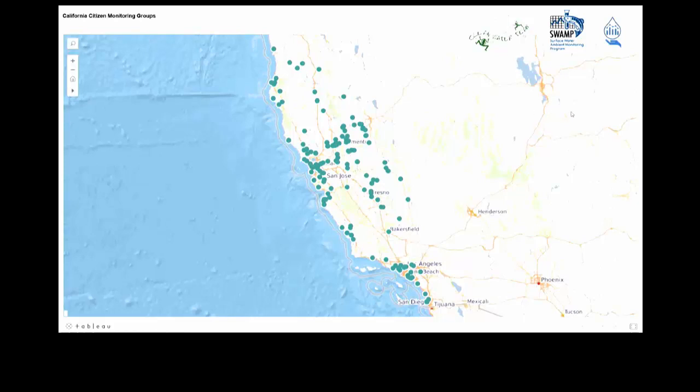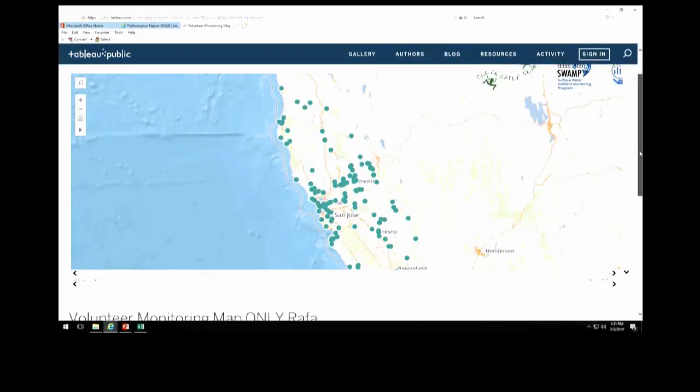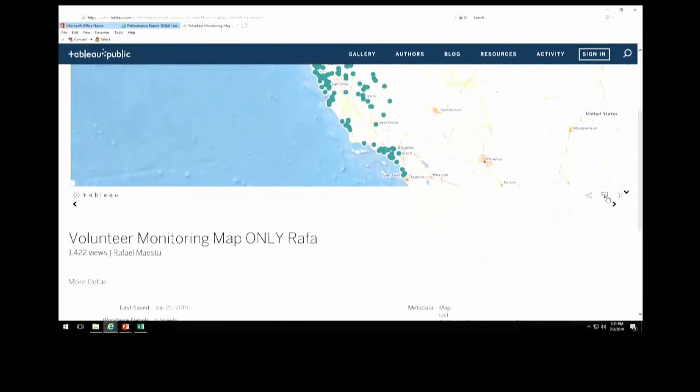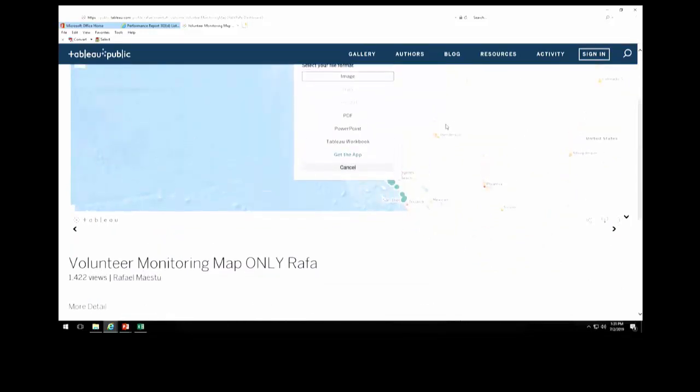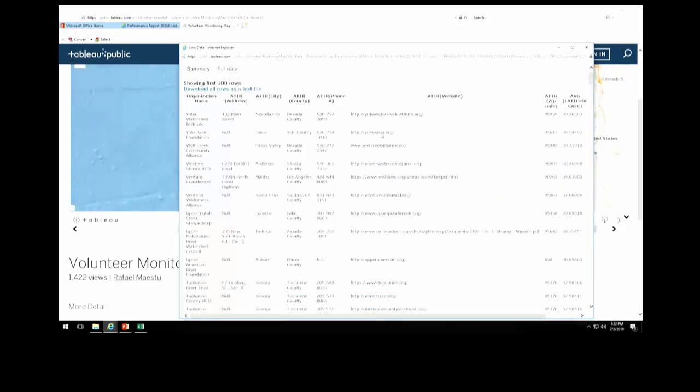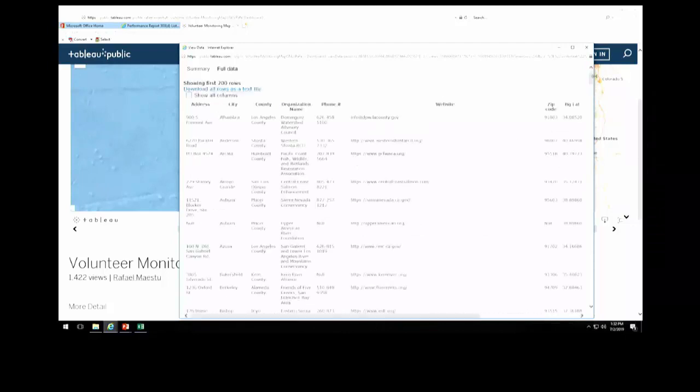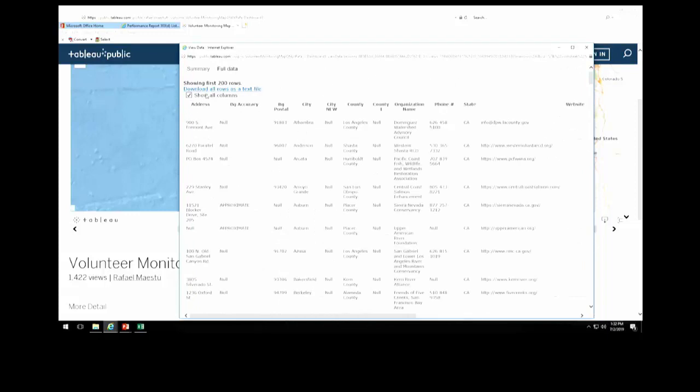There's also another thing here that is very useful, which is you can actually download the data. So you want that list. I haven't tried this, but you can go here, click the data, and you have that list of all the sites, of all the voluntary groups. And you can just download it, you can go to the full data, and you can just copy and download it. You can show all columns, you can download all the rows. So this is not just a way of visualizing information, but it actually is open data.